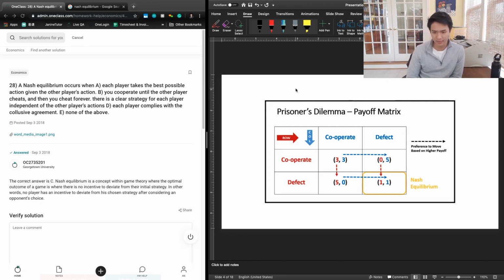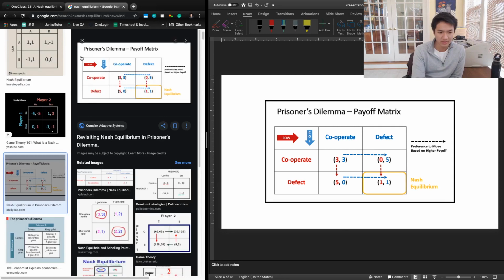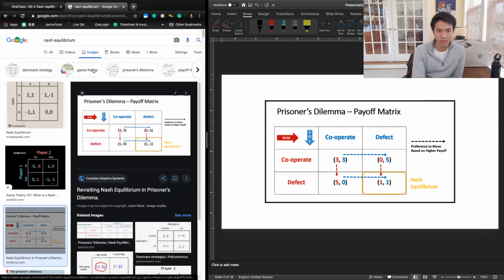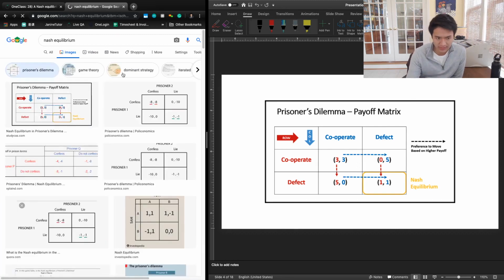And then the same happens for you. So let's say you decide you don't want to tattle, you want to stay quiet, and they decide to tattle. Then you get 5 years in jail, and your partner gets 0 years in jail. And finally, if you both decide to stay quiet, nobody says anything, and then you both get sentenced to just 1 year in jail. And so that is the general setup for why you would see